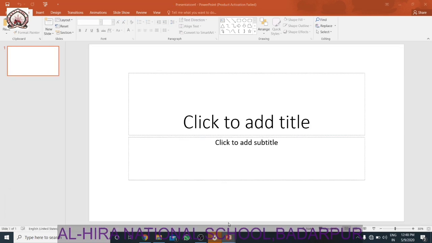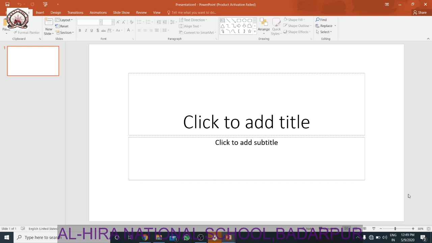And then what is outline? The outline displays text including all slides in a presentation. So this is the outline. It shows all slides. Now let me show how to open MS PowerPoint 2010. For opening MS PowerPoint 2010, we'll click on the Start button, then All Programs, then Microsoft Office, and then we'll click on Microsoft PowerPoint 2010.